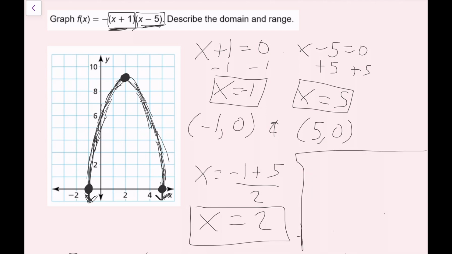And the domain, well, there's no numbers that I'm not allowed to plug in. Like I'm not taking the square root of anything. I'm not dividing by anything. So x can be anything. So x equals all real